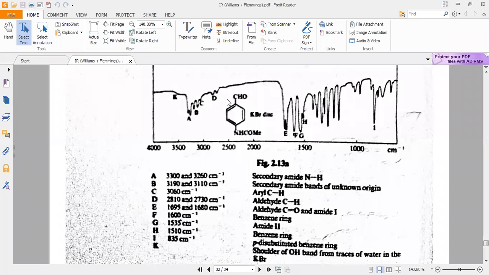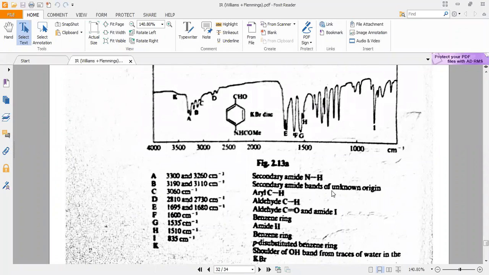And similarly, it has another functional group, NH. Here the OH is basically free water, anhydrous water molecule present in this case. The absorbents A appearing at 3300 and 3260 are NHs. NH is present in this case. Why two signals? One signal is due to hydrogen bonded, the other is due to non-hydrogen bonded. This value around B is appearing at this one.